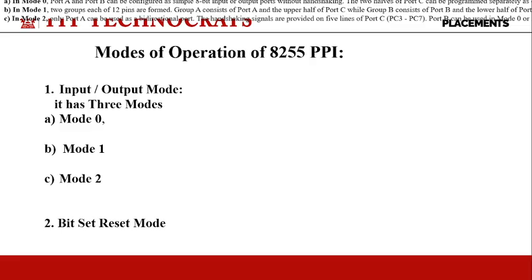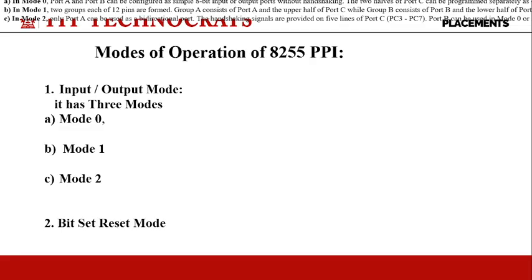If both port A and port B are initialized in mode 0, the 2 halves of port C can be used together as an individual 8-bit port or individually as 4-bit ports. Since the 2 halves of port C are independent, one half may be initialized as an input port while the other half is initialized as an output port. That means in case of mode 0, we can use port A, port B and port C, all 3 ports